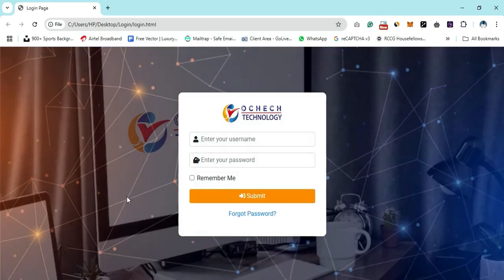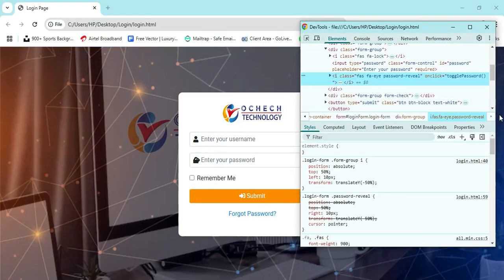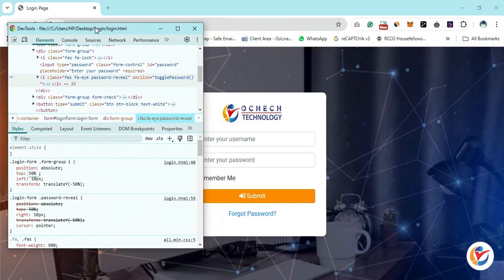For that, I'm going to right click on it and inspect. I'm currently using Chrome, and on my inspect, yeah, this is my eye toggle. I'm going to do some little adjustments here to see how far it's going to respond to me. First of all, let me move this to the side. I'm going to put in this